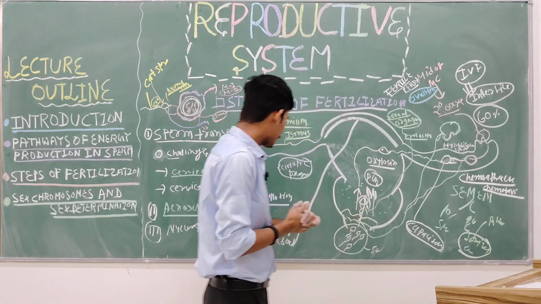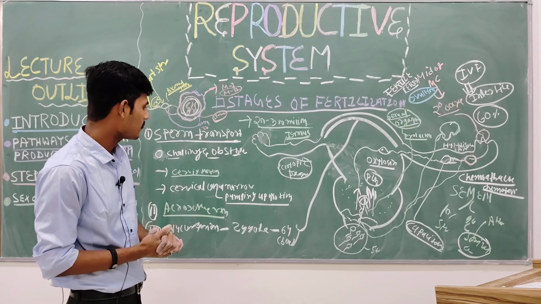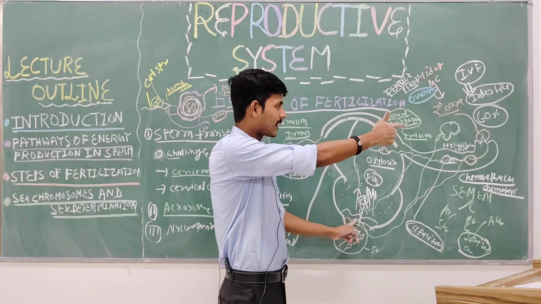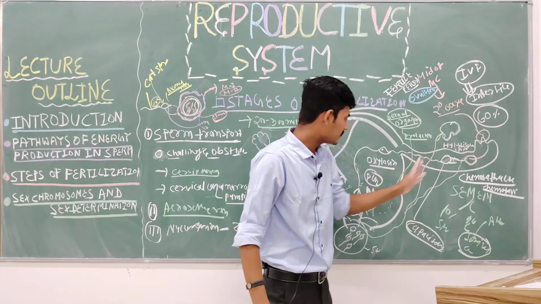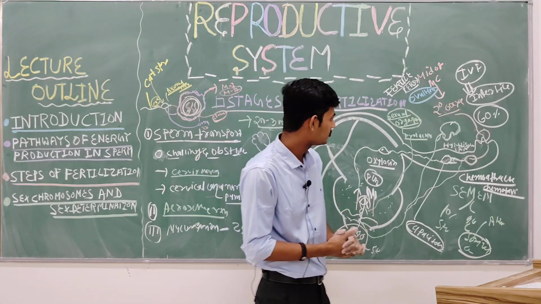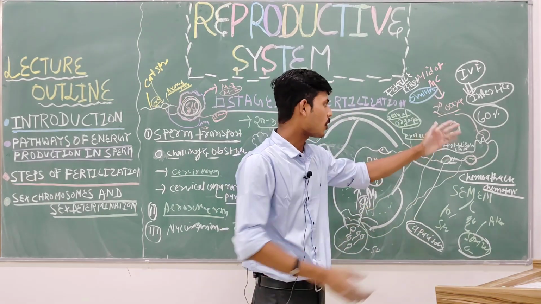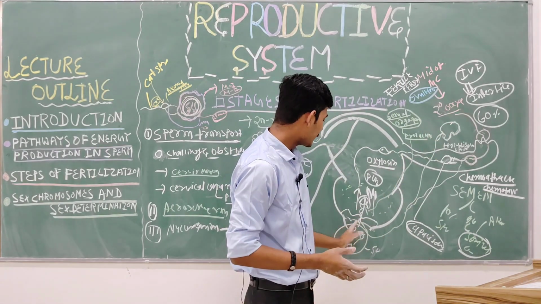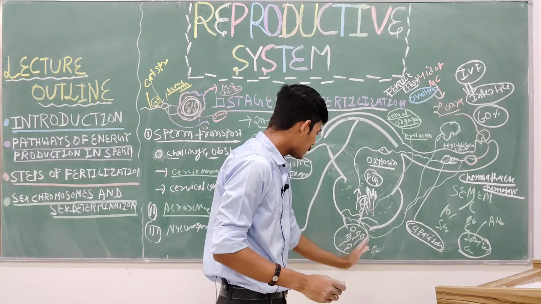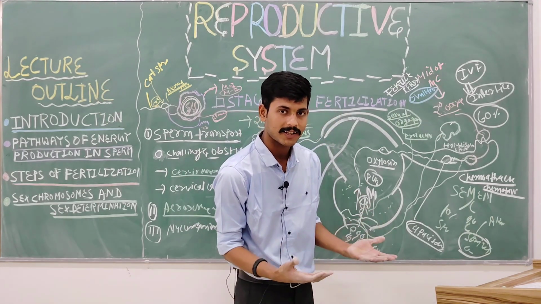The first challenge faced in the first stage of fertilization, that's sperm transport, is the consistency of the mucus. So the egg, the girlfriend, is ready. They secrete one of the hormones, progesterone, by the corpus luteum, and they change the consistency of the mucus. It becomes thinner. Then the sperm goes on. Then it faces another challenge, that's the narrow passage of the cervical canal.